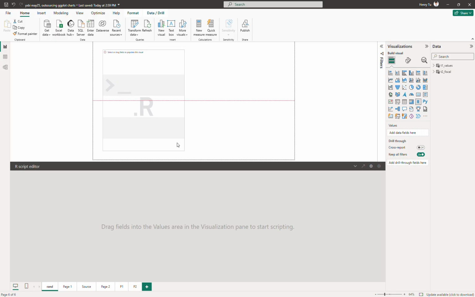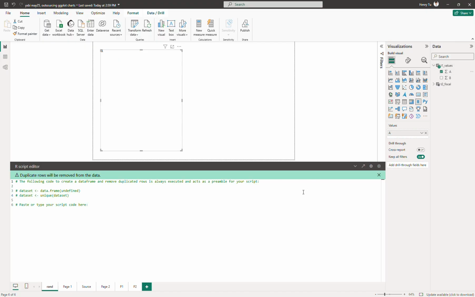Okay, so in here you can see the R script editor, but then you cannot edit anything because it's not enabled yet. So in order to enable this view, you need to put some dummy numbers in here. Okay, so I just put some numbers in here, and then I don't need the numbers, but I have to put them there because I want to enable this view. Okay,